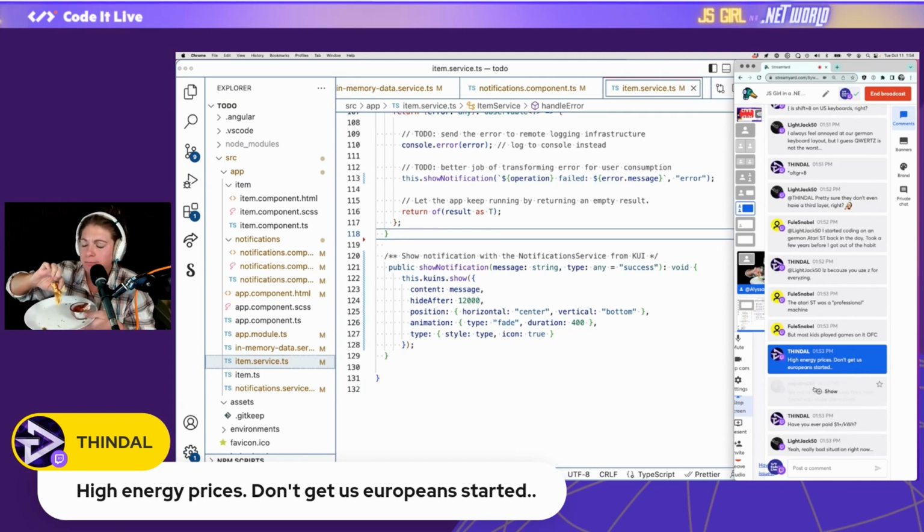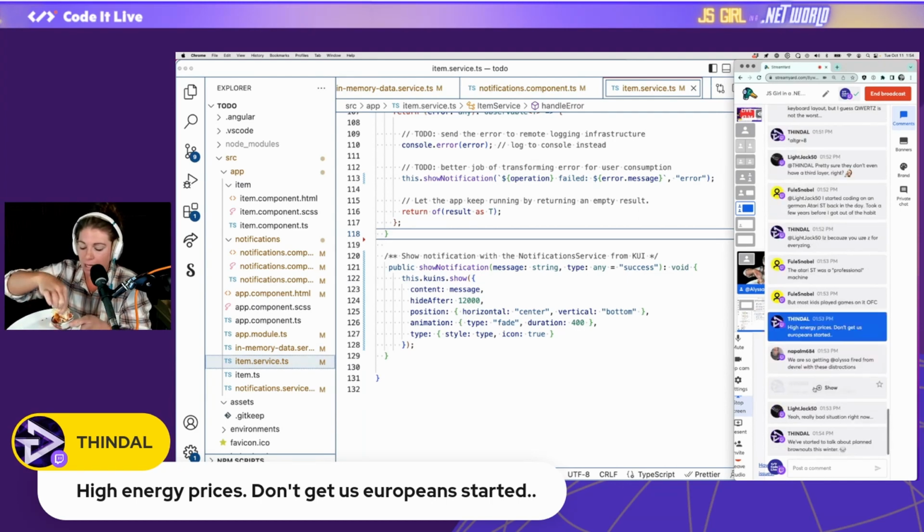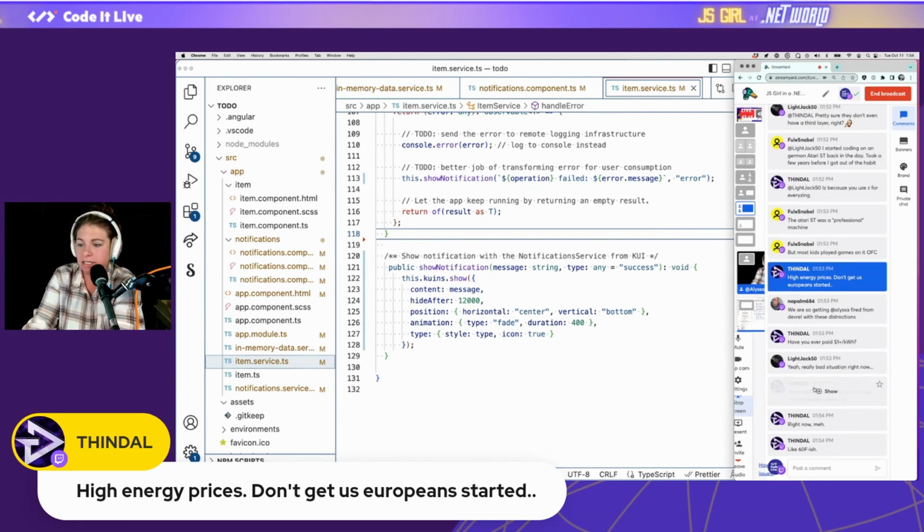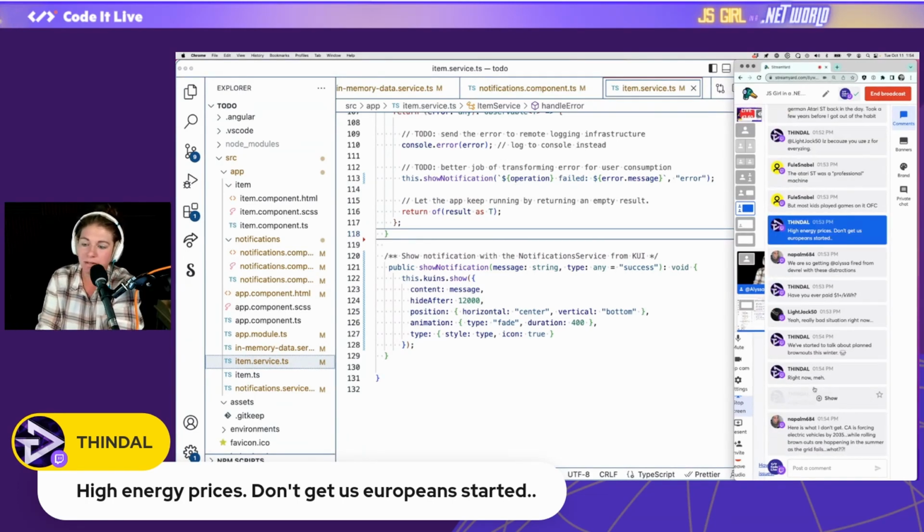$1 a kilowatt. What's the weather like there right now? I hear that people are really worried about heating in the winter. How cold does it get there? Is it bad in the winter? I guess you're north, right? 60 Fahrenheit. Okay, so definitely windows open, you should be okay. But once it gets cold, I don't know. At that point, I guess you start to buy firewood. I had friends in Texas last year who